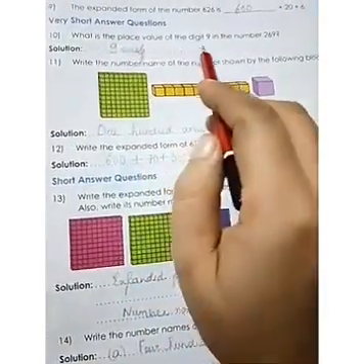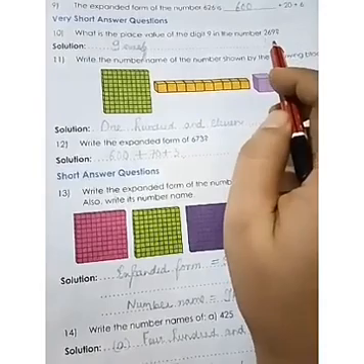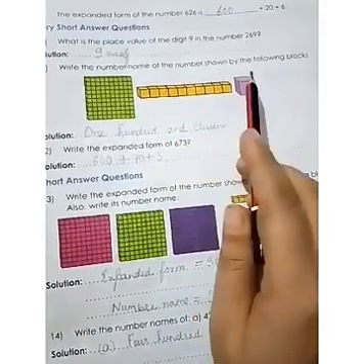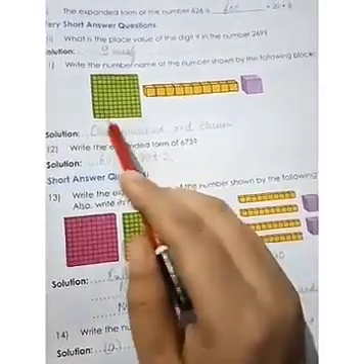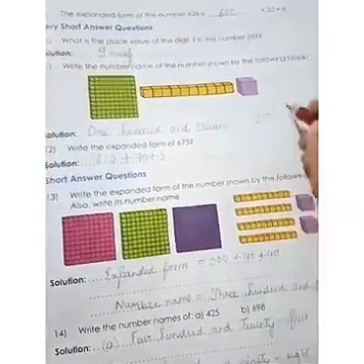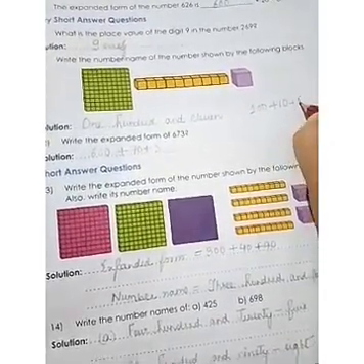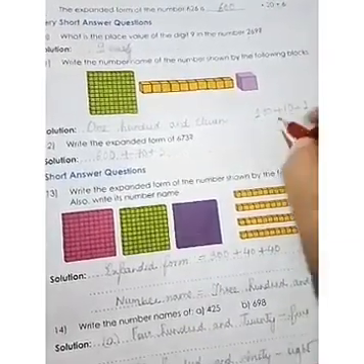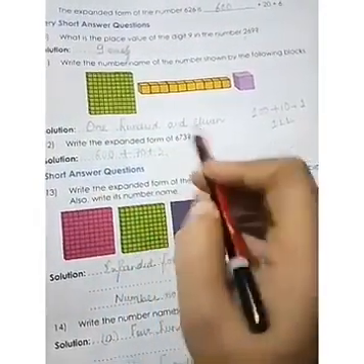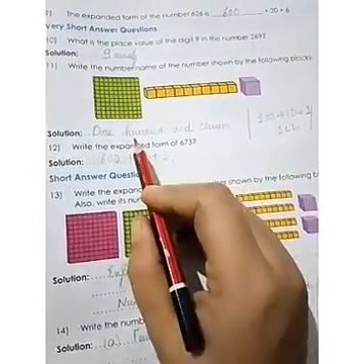What is the place value of the digit 9 in the number 269? So it is hundreds, tens and ones. So it will become 9 ones. Write the number name of the number shown by the following blocks. So we know when these are given, it represents 100. It represents 100 and this becomes 10, 10 and this one block represents 1. If you add these 3 numbers, we get 111. So the answer is 111. We have to write it in the number name. So you can find the value in this way and then you can write the number name.